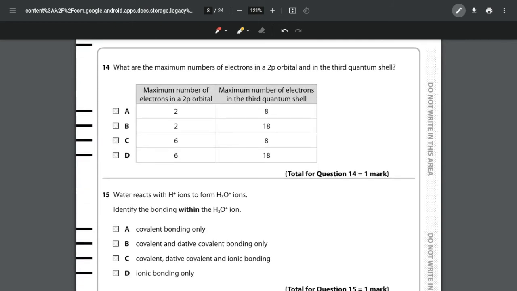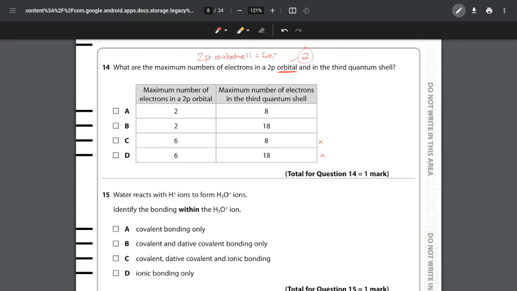For question 14, we're looking at the maximum number of electrons in a 2p orbital and in the third quantum shell. For any orbital, we can only ever have 2 electrons. So that's automatically getting rid of C and D. Remember, the 2p subshell will contain 6 electrons, but each of those subshells is made up of 3 orbitals that